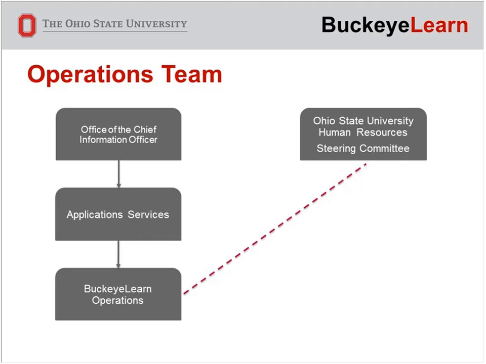Now, what you might see here that's unique, and early on we also talked about sponsorship and champions. This is one of the other ways that we've maintained the sponsorship and champions, is that this team actually does sit in IT. So the Office of the Chief Information Officer, they sit in the IT building, they work with technical people all the time. However, they have a strong attachment and a strong connection to HR. We had a fabulous, really great champion in HR who was able to help keep us focused on that, again, and be a sponsor. And that way, people don't see this as, oh, this is an IT thing and